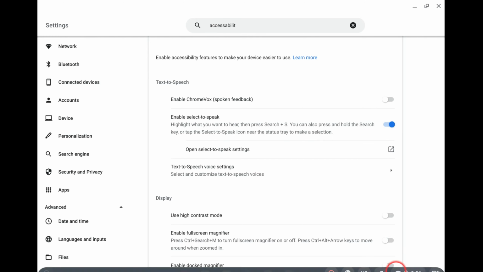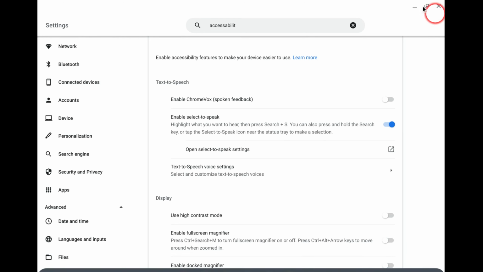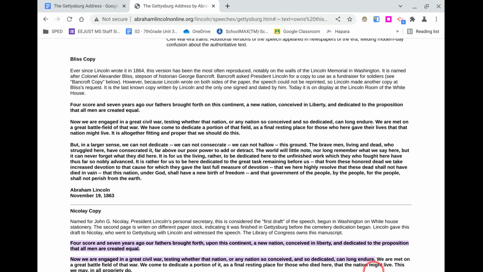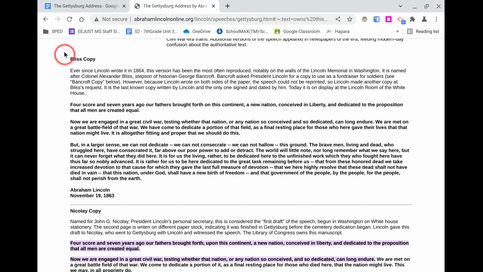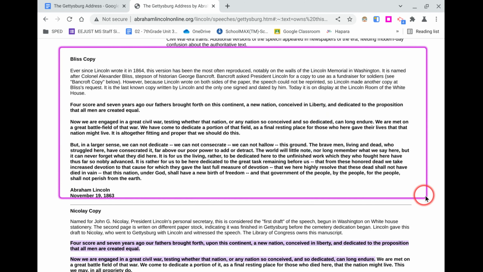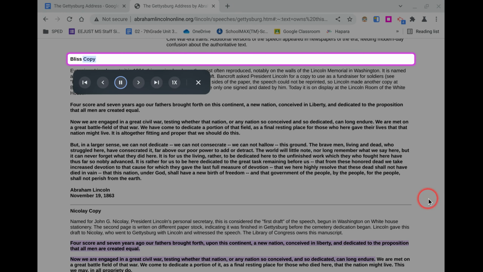What that does is on the bar down at the bottom, there's this little button now that when they click that button and then drag and drop over text, we get this purple selector. And then when they let go,